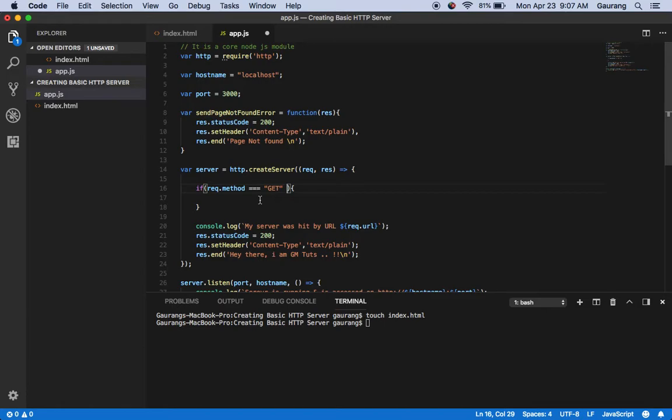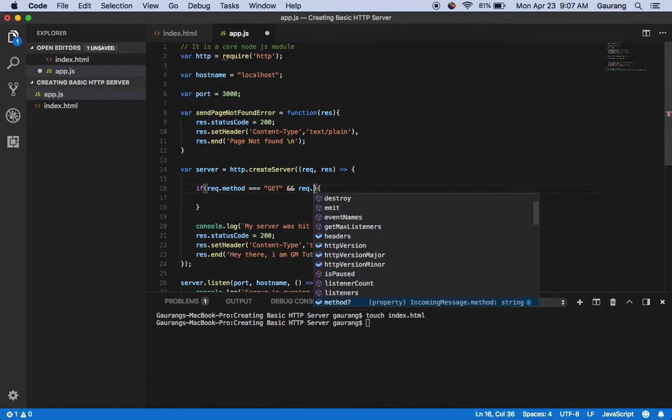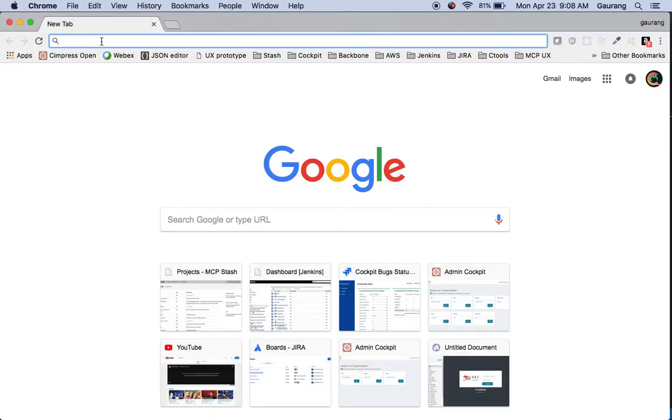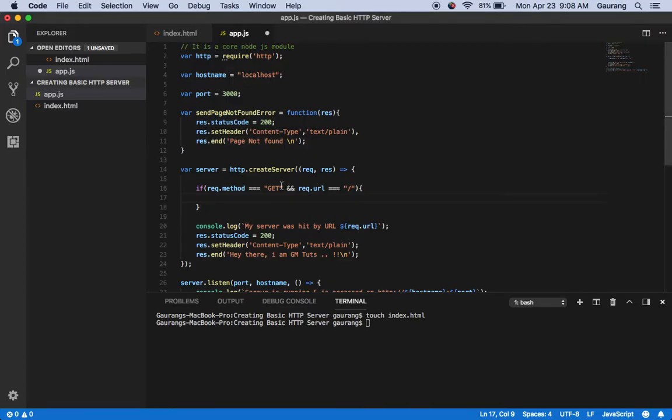So any method which is done from the browser directly is going to be a get method, and any request which is having a basic URL. That means if at all I'm just going to hit my website, that is the only route which I'm going to support, and I'm recognizing it by the method being get and the URL being slash, because I'm not having any other routes in my application for now. So this is the if condition, and over here, if this is the case,